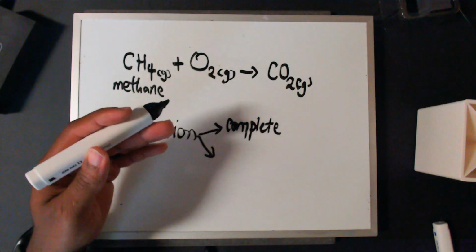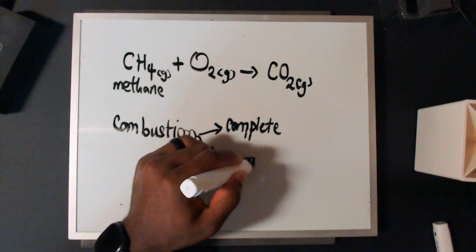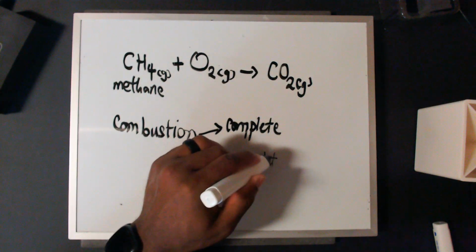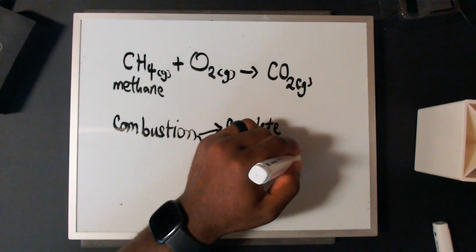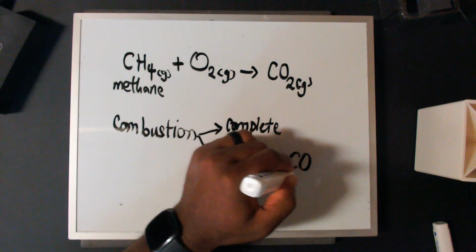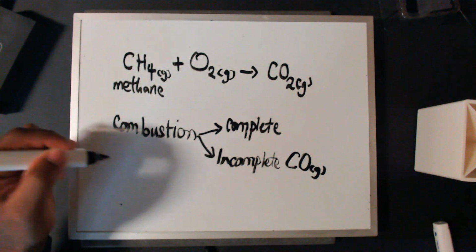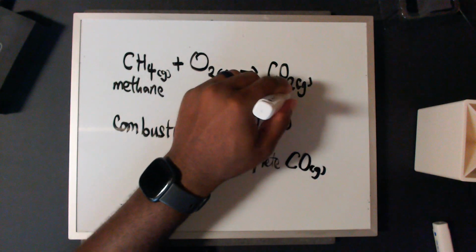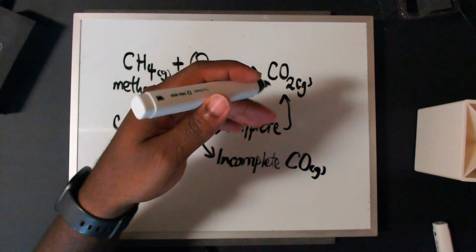Now the other type is what? Incomplete combustion, and what that means is that not enough oxygen atoms are going to be attached to the carbon. Therefore we're going to have the other compound which is known as carbon monoxide, which is also in a gaseous state. Now for both complete and incomplete combustion, we're going to have a side product